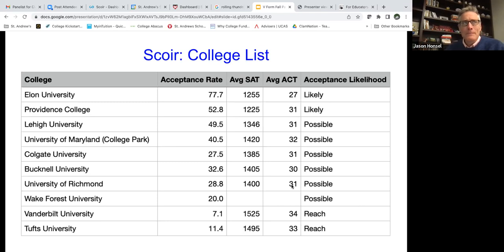And then the reach schools. We have a rule here in our office that any school that admits less than 10% of their applicants is automatically a reach. So you can see Vanderbilt's acceptance rate there at 7.1%. That's obviously going to be a reach for every student, regardless of their academic background and their testing. All this information will be in SCORE as we help them build lists. They can see the average SAT score of an accepted student, the average ACT, the acceptance rate overall. But then we also have a lot of much more specific information to St. Andrews. So